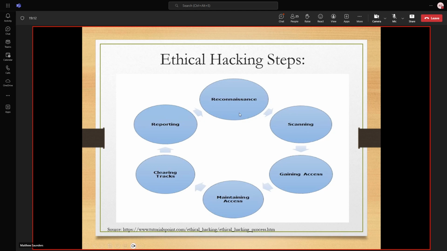Sometimes hackers, when they find an exploit that will get them in and they're able to maintain access, will actually close the hole that they used to get in the first place, because they don't want anybody else to use it, right? That's not really for your benefit. That's just for their own purposes. But that does happen sometimes. So clear the tracks, make sure that people can't tell that you've been there or that you're still there, right?